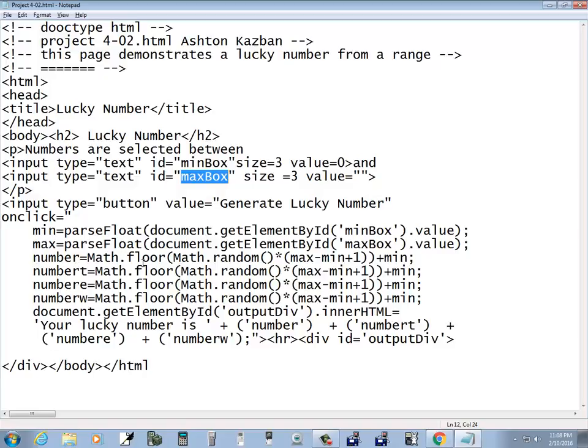Number is equal to Math.floor, then Math.random, and I think, okay, I see, then times max minus min plus 1, plus min. Well, that doesn't look bad. Okay, and